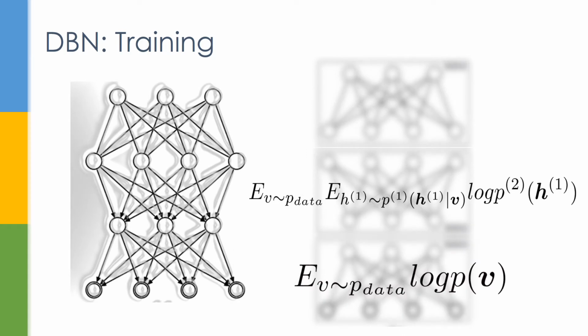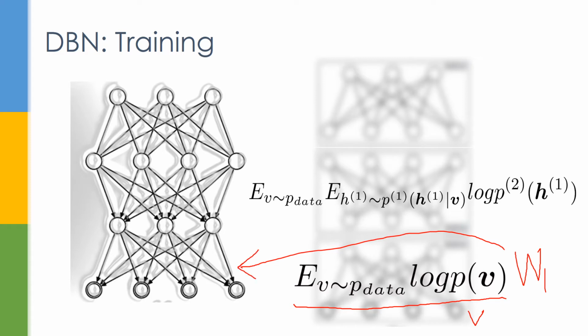To train the deep belief network shown in this example, we begin by training an RBM to maximize this expectation. So we use the information from the visible units to train this RBM and get the weight matrix W1. This weight matrix is then copied to the first layer of the deep belief network. Using this RBM,